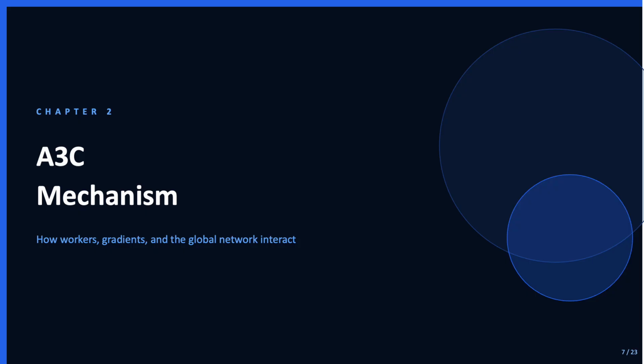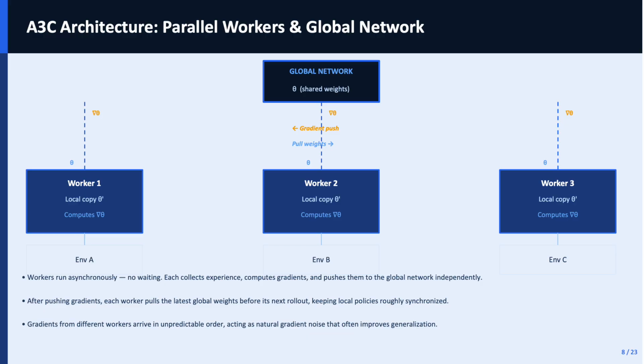This section moves from concept to mechanism. We examine precisely how gradients flow, why updates can be asynchronous without causing the system to collapse, and what happens when two workers try to update the global network at nearly the same time. The mathematical machinery behind A3C is not dramatically more complex than standard actor critic, but the engineering of making it asynchronous and thread safe introduces subtleties that matter